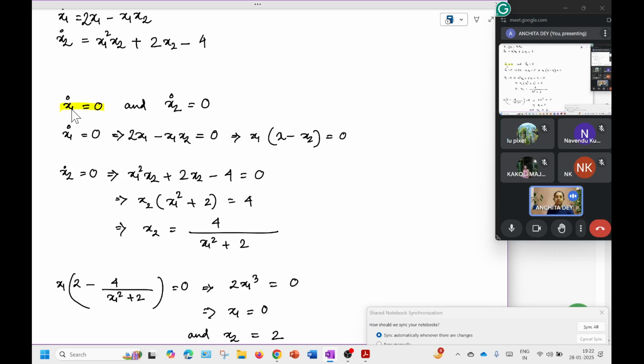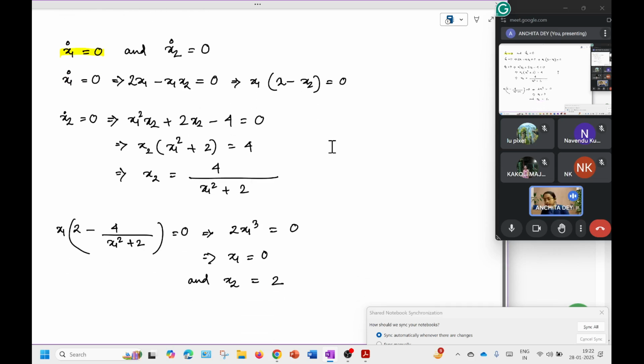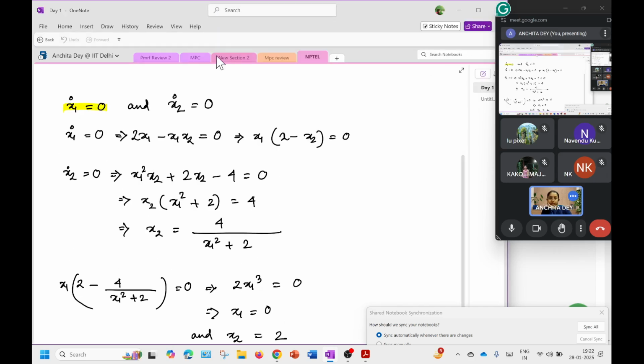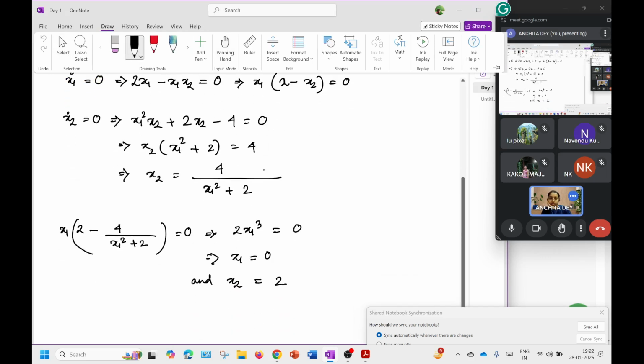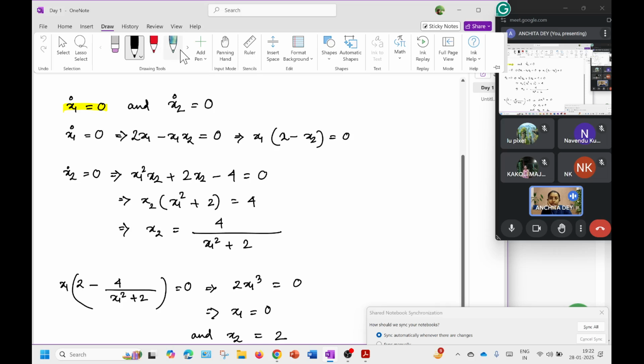So now with these two expressions, if x1 dot is equal to 0, then we simply write it to be equal to 0, and we find that this very expression, x1 into 2 minus x2, is equal to 0. Okay. And then if you have x2 dot equal to 0,